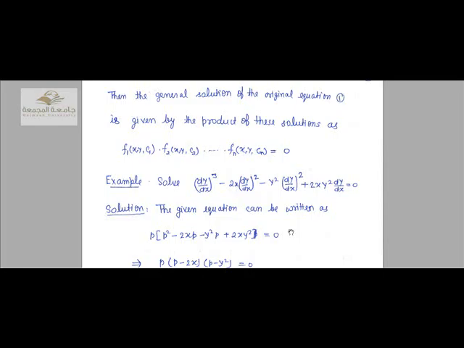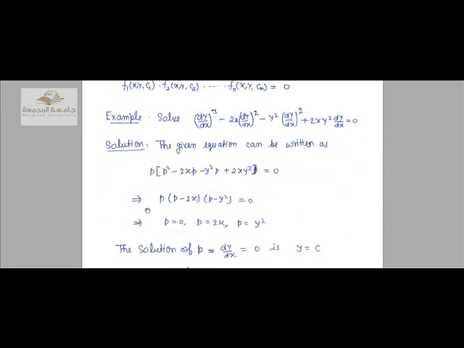The given equation can be written as p² − 2xp − y²p + 2xy² = 0, where p is dy/dx. Now after factorizing we get (p − 2x)(p − y²) = 0, which implies p = 0, p = 2x, p = y², and the solutions of these three differential equations will be